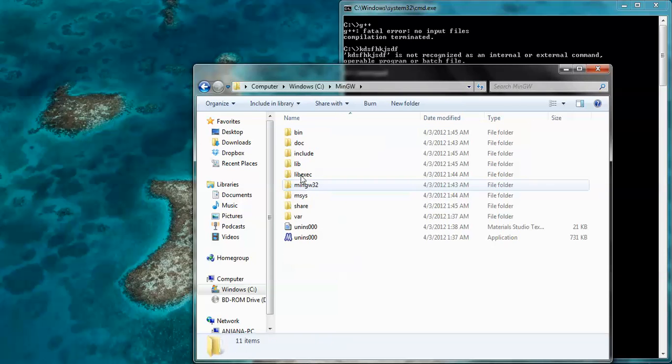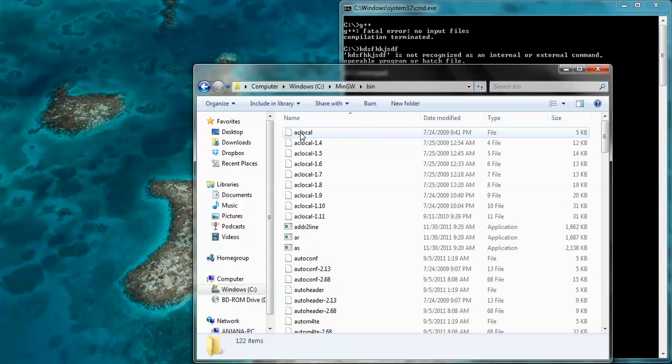C drive means GW, and go to the bin directory. Alright, copy whatever is here, or remember it if you want. C drive means GW bin. Okay, now you need to go